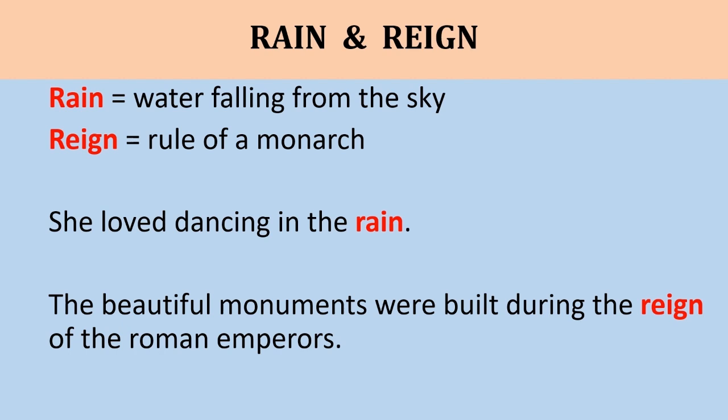REIGN, rain, is the rule of a monarch, of a king. Let us see two sentences. She loved dancing in the rain. That is RAIN. The beautiful monuments were built during the reign of the Roman emperors. That is